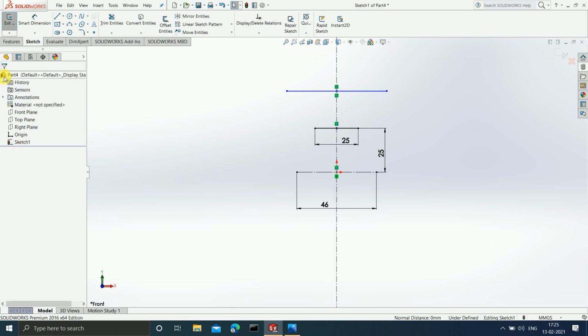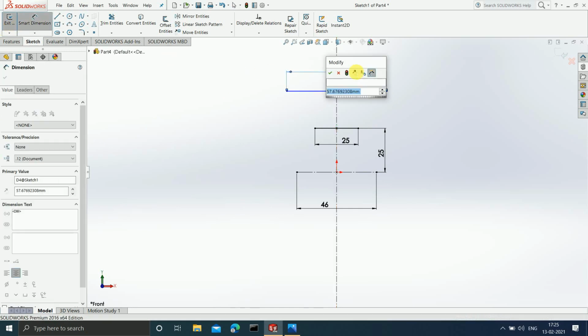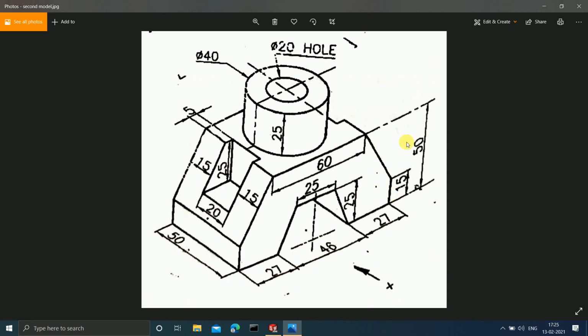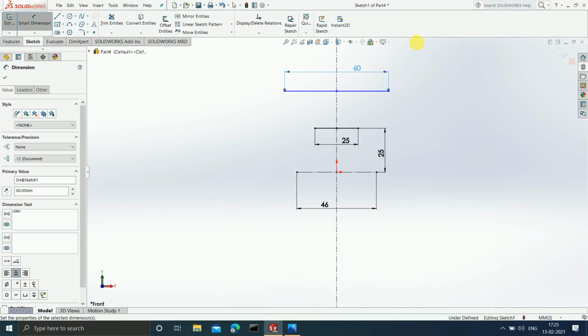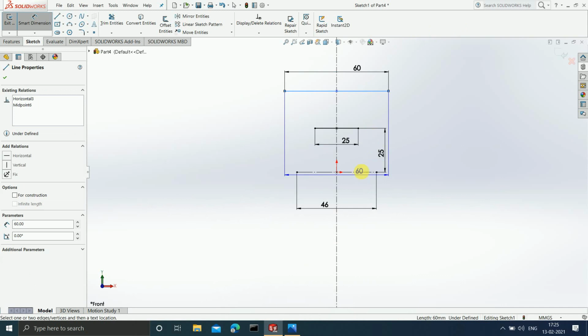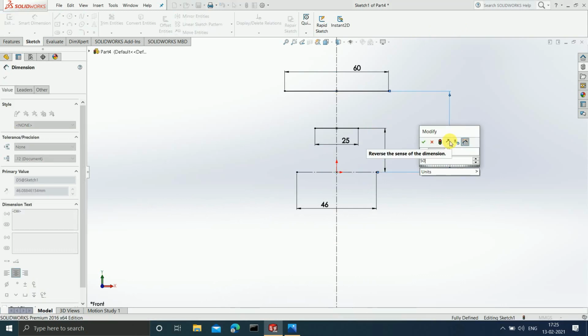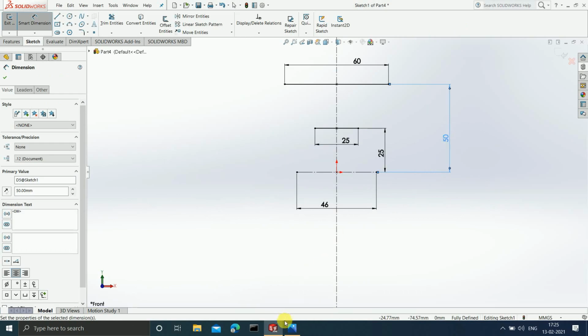Then OK. Now what is the dimension? It is 60 mm. 60, enter, done. And from the base, what is the height? It is at the height of 50 from the base. Therefore choose this, choose your base, and it is at the height of 50, enter, done.